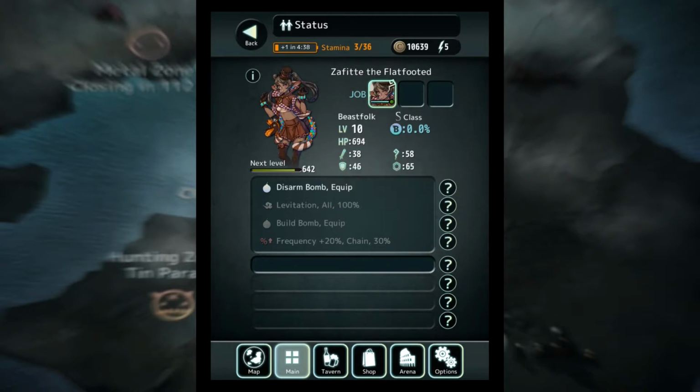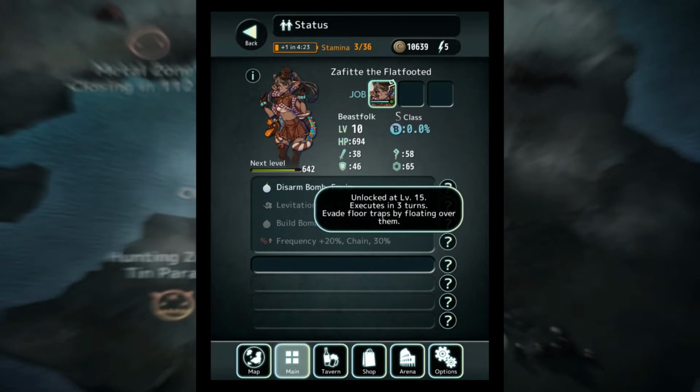It's interesting though, because seeing as she is a support class character, she's not going to do a lot of damage, so I think the optimal use for that ability would be using her to move other units into position as she goes through the bombs and clears everything out for them, so they won't take damage as you scoot them around. This next ability here, Levitation, is unlocked at level 15, and for 3 turns it